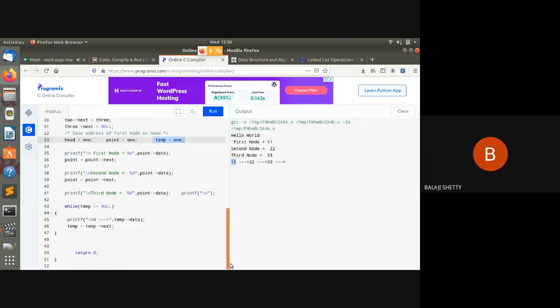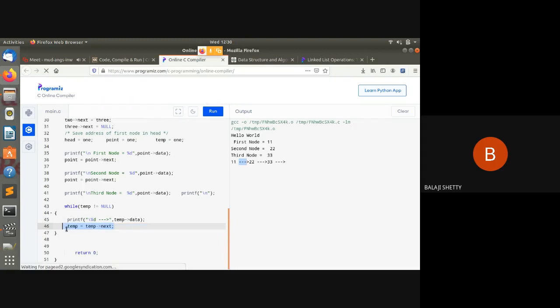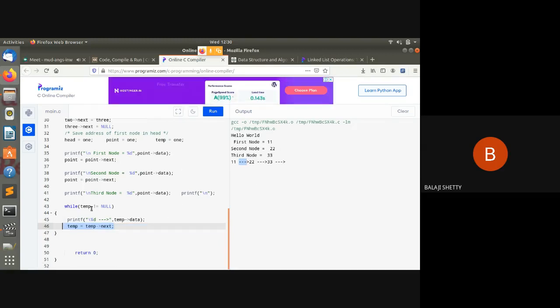Now simply write one loop: while temp not equal to null. Currently temp is pointing to 11. Temp is not null. I will get temp data. I get 11. Then temp equal temp next. Is temp equal to null?